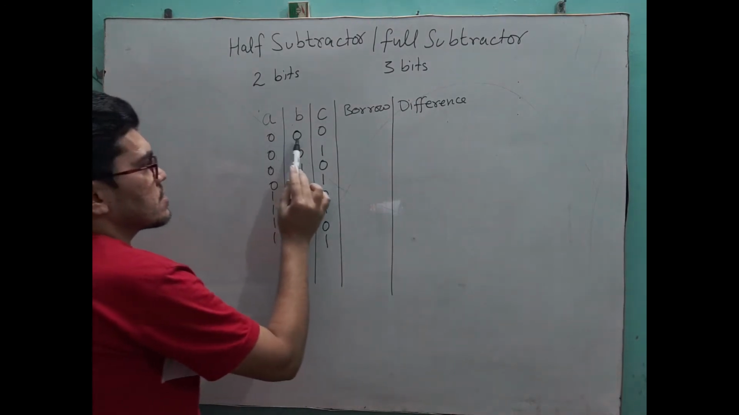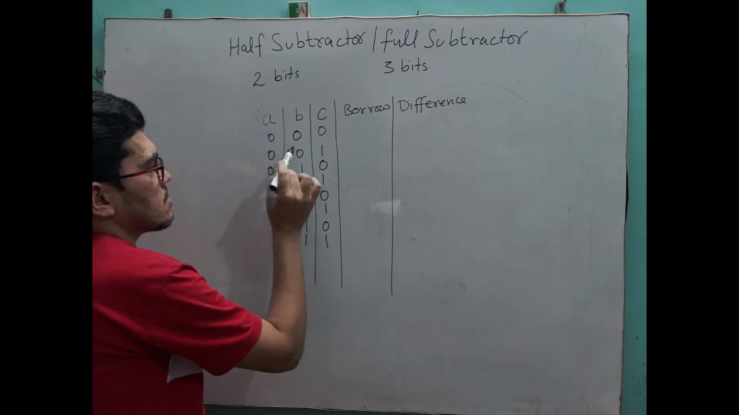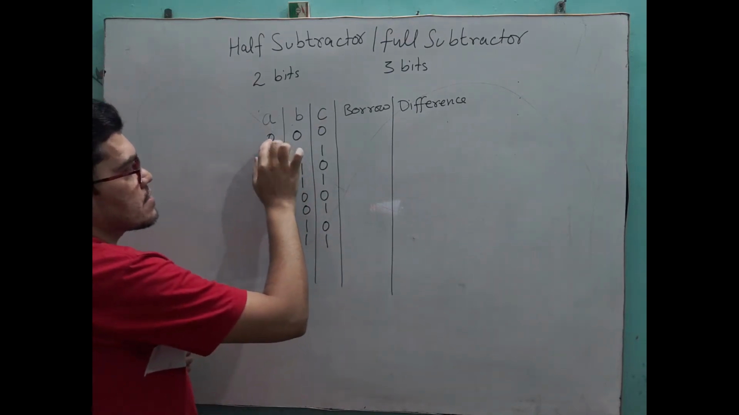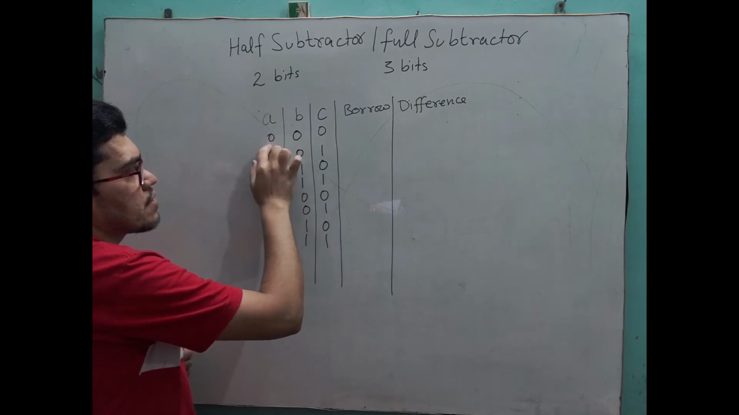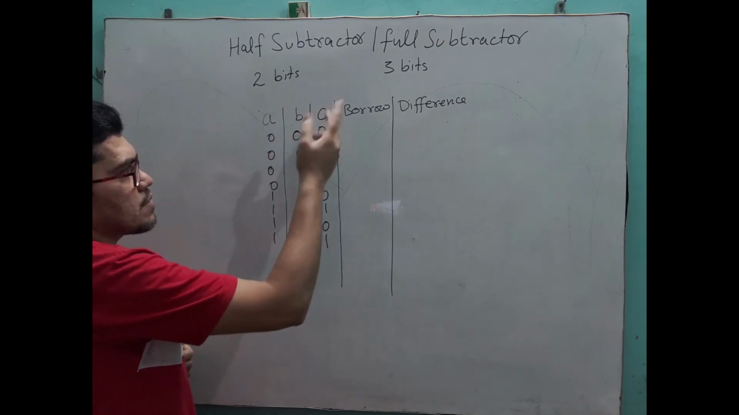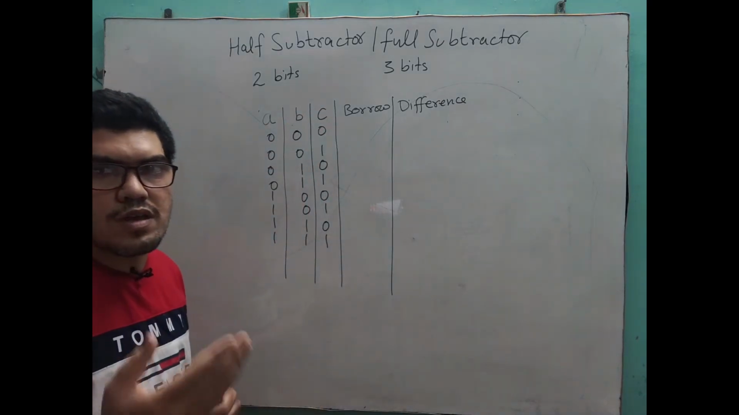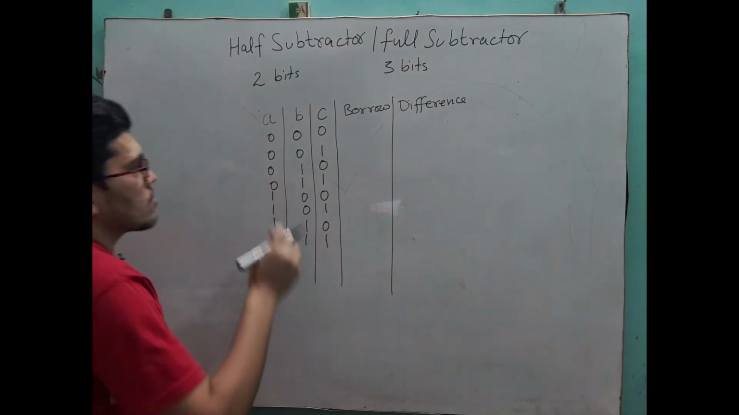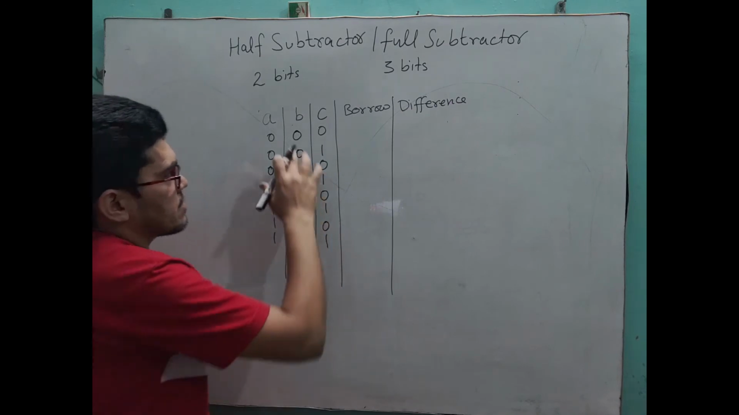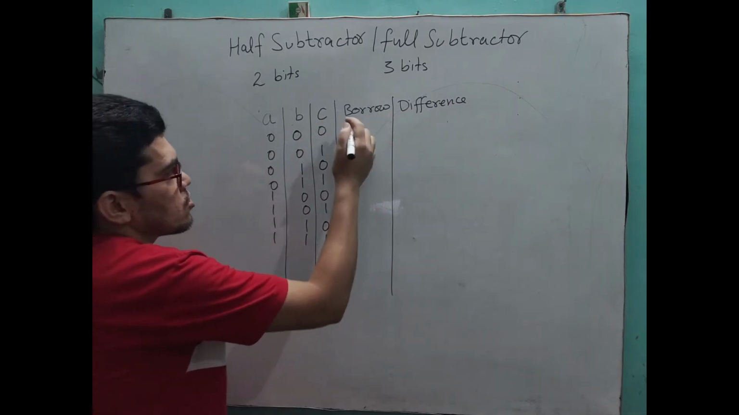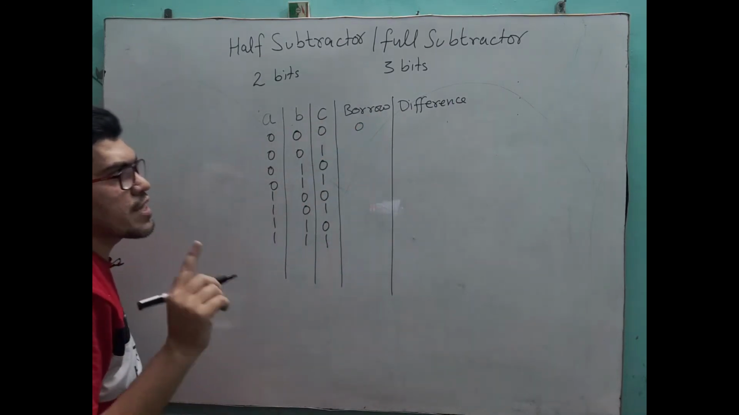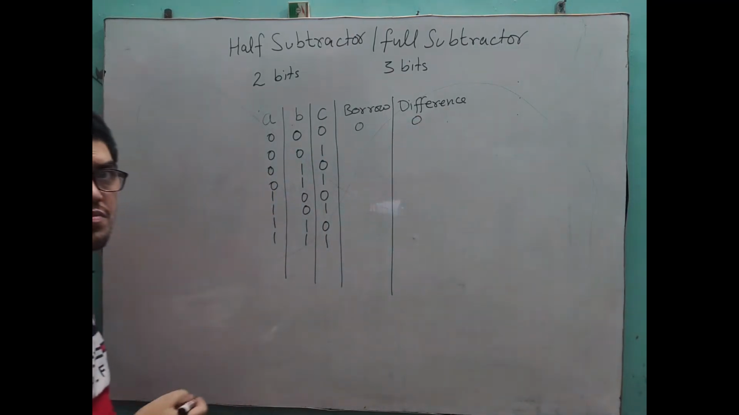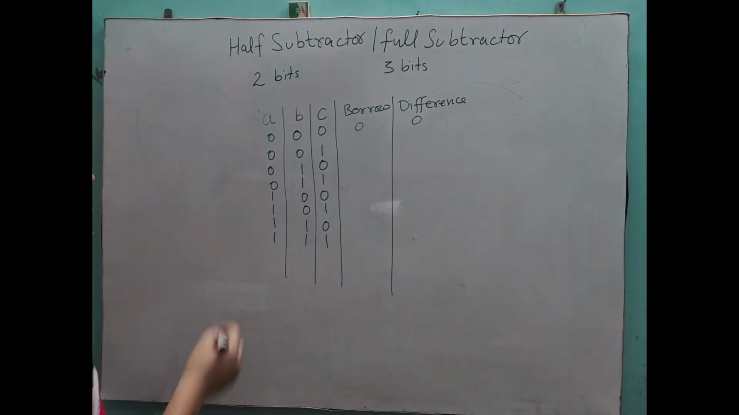So 0 minus 0 is 0, and what we are going to do here, first I subtract B from A. Okay, then I subtract the previous carry. Okay, the previous carry that we have taken, that I will subtract. Okay, so 0 minus 0 is 0, and again 0 minus 0 is 0. So in this case we did not take any borrow, and the difference is also 0. Okay, next is